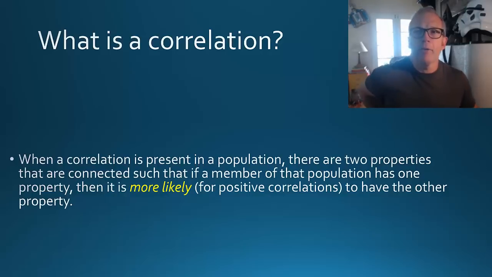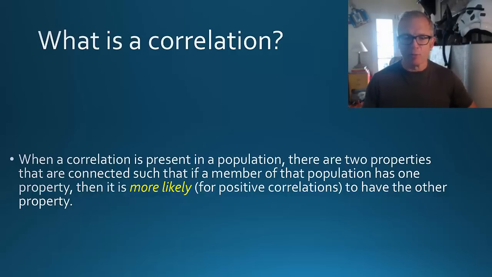So when you compare the rates of the people with diabetes and the people without diabetes, and then you look at high-fat diets in those two groups, the diabetes people are more likely to have a high-fat diet. So it just says that these rates are higher for positive correlations or lower for negative correlations. A really good classic example of a negative correlation is education and religiousness. When you look at Americans, if they have a high degree of education, a bachelor's degree, a master's degree, or a PhD, they're less likely to be religious. That population has lower rates of religiousness